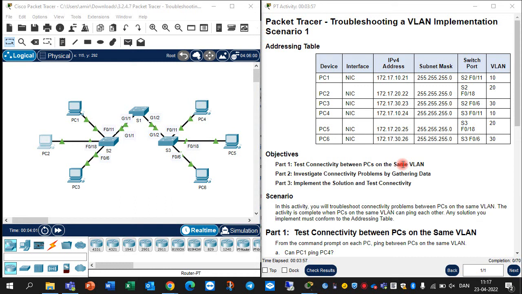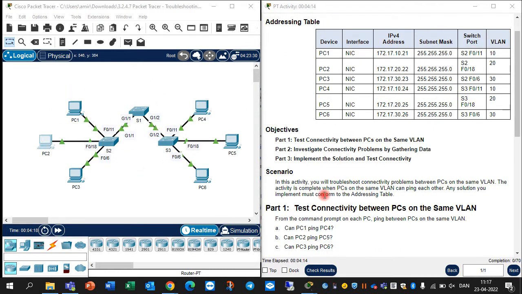Hello everyone. Today we want to check Packet Tracer 6.2.3.7, Troubleshooting a VLAN Implementation, Scenario 1. You can see the addressing table and